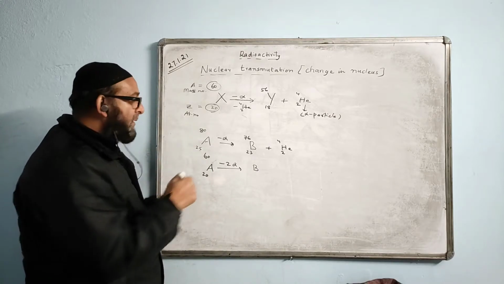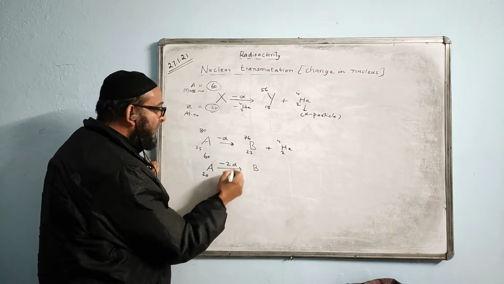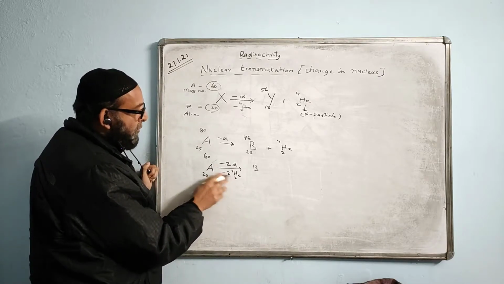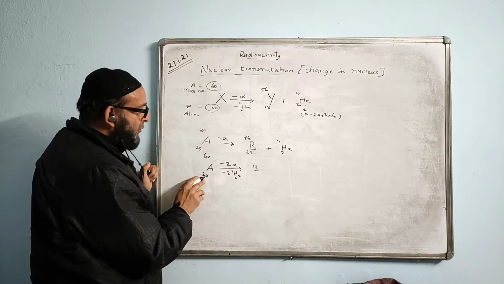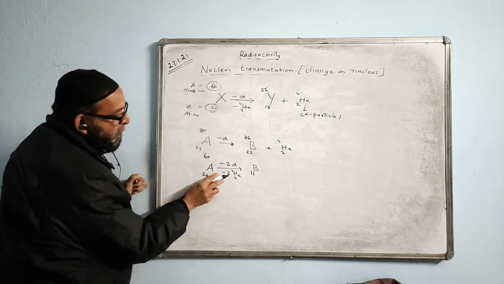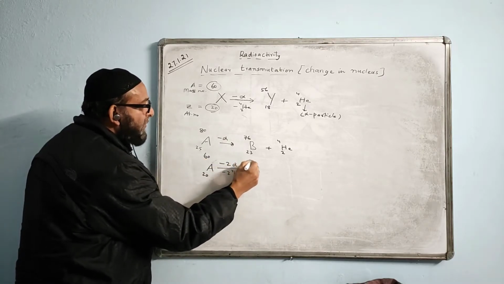One alpha particle decreases this value by 2. You can write below this, minus 2 alpha particles, values 2 and 4, and check the answer now. 2 to the 4, how much is it? That will subtract by 4. 20 minus 4 will give us 16. 2 times 4 is 8. 60 minus 8 will give the right answer.